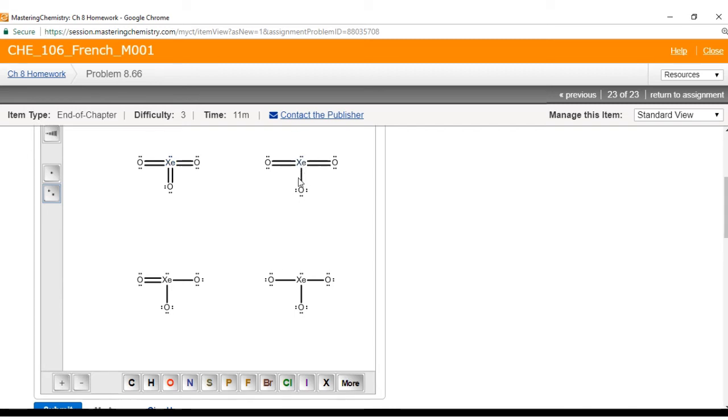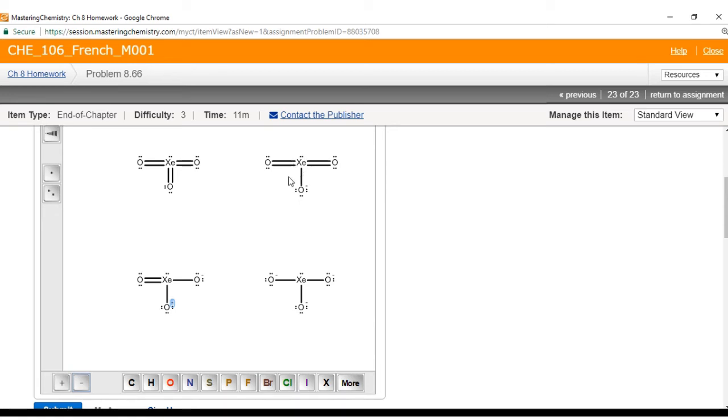However, if we look over here, oxygen is group 6, and it has 7 electrons assigned to it, because half of these bonding electrons are assigned to it, so 6 minus 7, this oxygen should have a negative charge. And you'll notice that anytime oxygen has 3 lone pairs, it will always have 7 electrons assigned to it, and it should have a negative charge. So we'll have a negative charge here, here, here, and there. And now you'll also notice the bonding with xenon changes because we have 2 double bonds